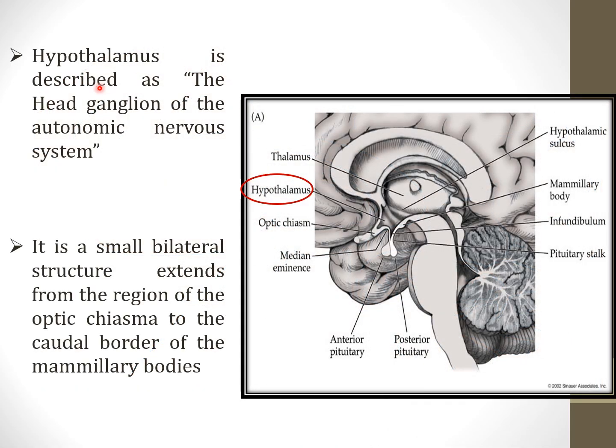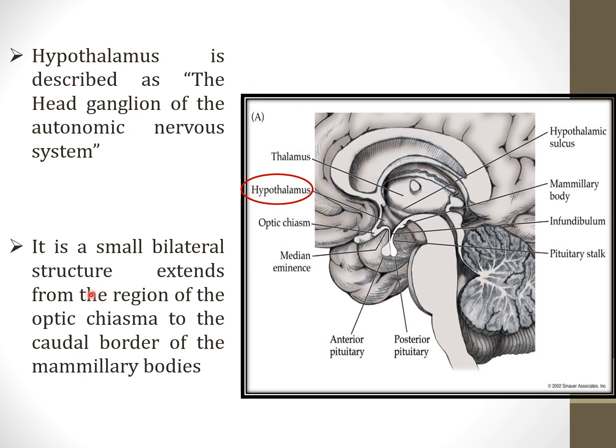The hypothalamus is described as the head ganglion of autonomic nervous system. The autonomic nervous system is actually controlled by hypothalamus. The autonomic nervous system itself acts on its own, and that itself is controlled by hypothalamus. Again, hypothalamus is acting along with the limbic system, and therefore the limbic system, hypothalamus, autonomic nervous system, and all the structures are interrelated, and they are going to act in a coordinated manner.